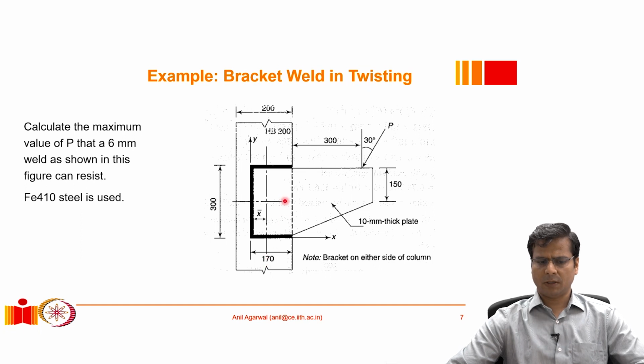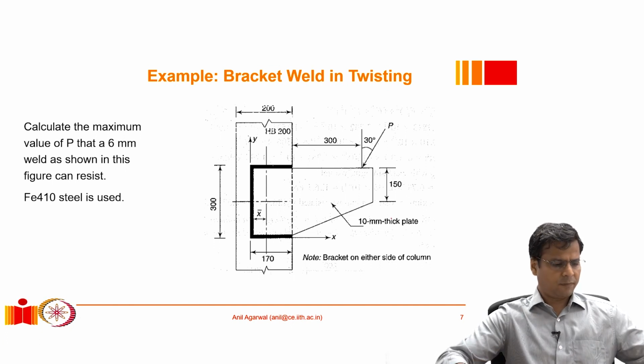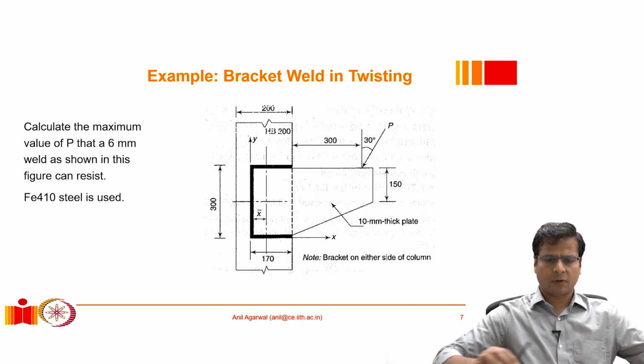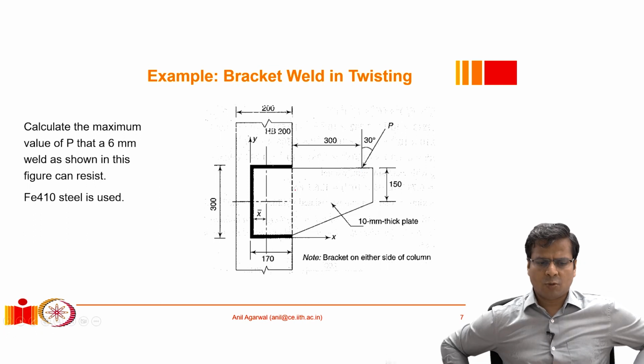So this is a rather interesting configuration if you see, but this is a very common one. What would happen is that because of the load, the way it is acting, it will introduce a direct stress like it did for the bolt group. So because of this force that is acting here, every portion of the weld will be subjected to this kind of force demand, isn't it? So there will be a force that will be acting because of this,